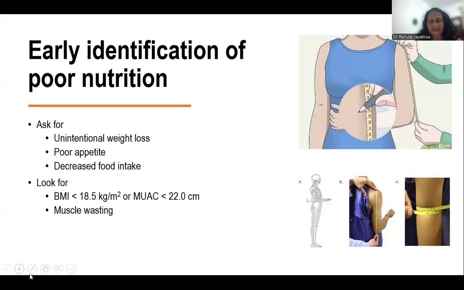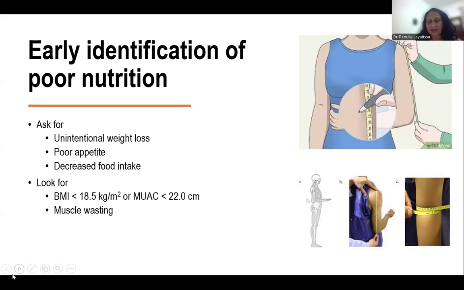So in that sense, you can always look at the mid-upper arm circumference, that is from the shoulder to the elbow, that point as shown in this picture. You can see, get the midpoint, and just a normal tape can do this work without much problem. And if it is less than 22 centimeters, we consider them as similar to BMI less than 18.5 and the